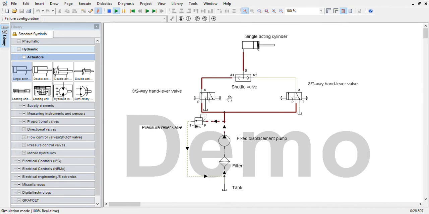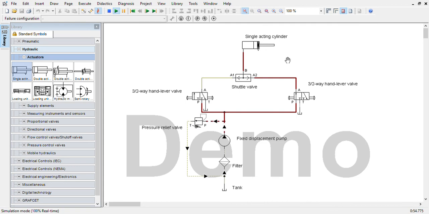moves from A1 to A2. I get the actuation. Likewise, if I want retraction, I release that. Again, like this, actuation. So why am I placing the pressure relief valve? If your fixed displacement pump keeps on running once the actuation is done and you want to reduce that particular pressure, with the help of the pressure relief valve I return that pressure line to the tank, so that I am able to maintain the proper pressure in the